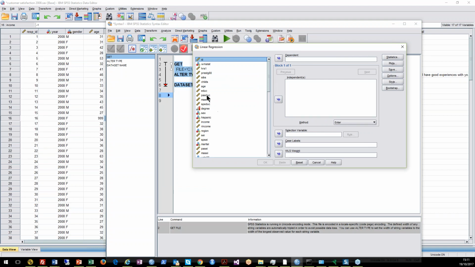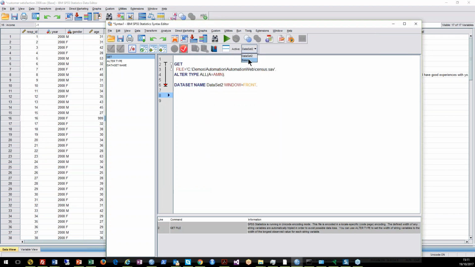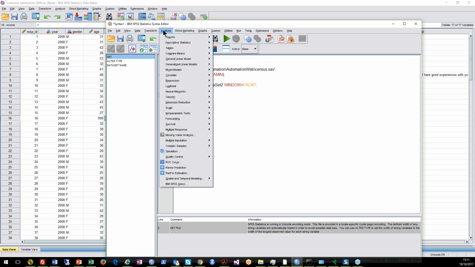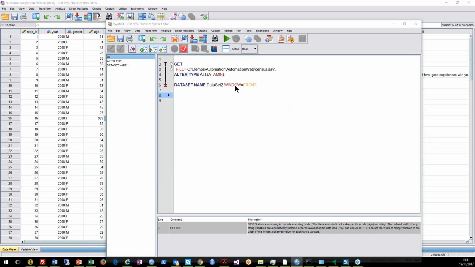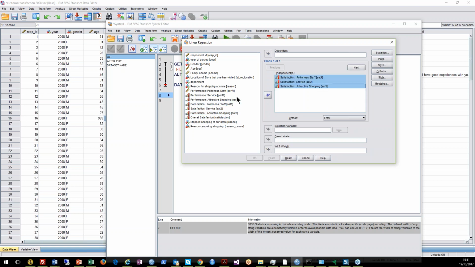I won't go all the way here. Actually, what I'm going to do is just switch data files. Let's put a data file here for a regression. We'll come back to this regression idea a couple of times later because we're going to look at how automation allows us to run different types of regression. But if I just show you the labels, I've got 3 satisfaction measures here, and I've got an overall